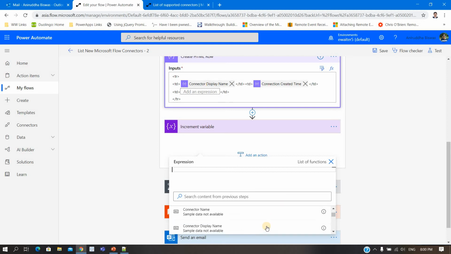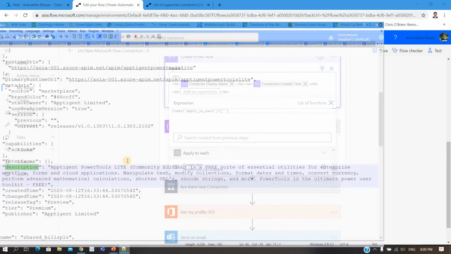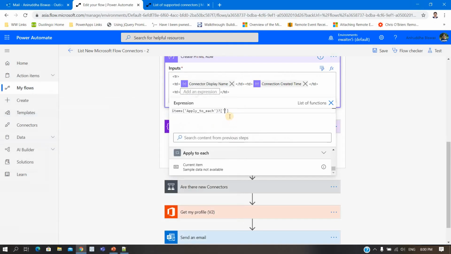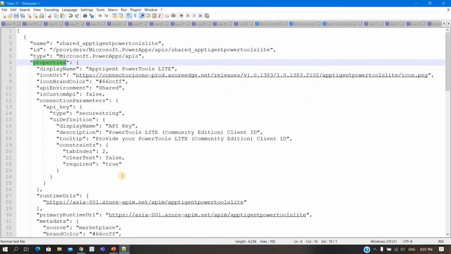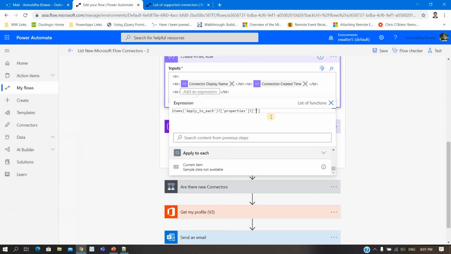We will do the same way. First we click, then question mark, then a double quote. It is better not to type because there is a chance of spelling mistakes. Copy this and paste it here. Then there is another question mark, then a square bracket and double quote. In this double quote, you need to paste this description. So, done.